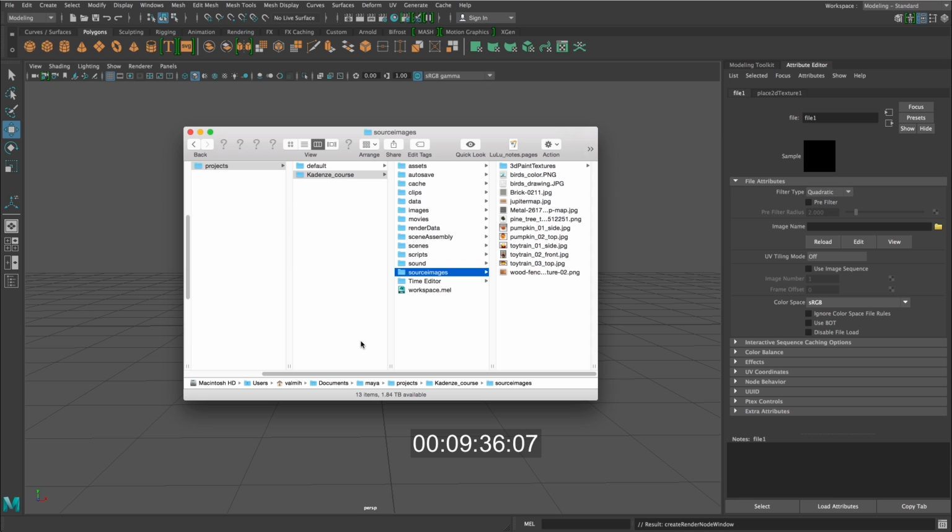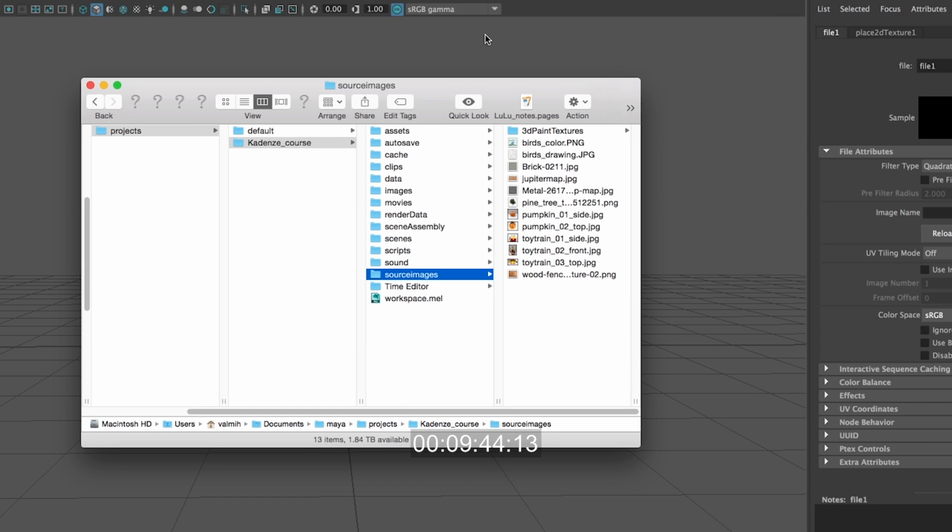For file organization, it is standard practice to place your texture maps in the source images folder of your project folder. So if I look at my screen here, we'll go to Documents, Maya, Projects, and then whatever project folder you're working in, whether it's the default folder or if you created your own folder. I created one called Cadenza Course. Within that folder,